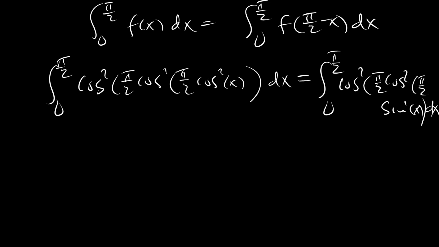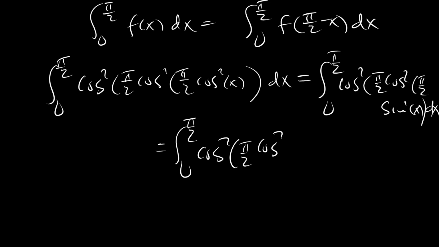Okay, which means that this is the same as pi over 2, 1 minus cosine squared of x,